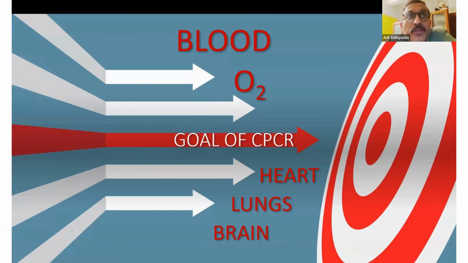Even if you do your CPCR very perfectly, there would be changes that occur in the neurons as early as 30 seconds. That is microscopic changes. And by around 1.5 to 2 minutes or up to 3 minutes, you would get hypoxic ischemic encephalopathy, from which the patient will find it very difficult to recover. So they would be in a comatose, vegetative state, minimally responsive state, and you might have to do a tracheostomy to wean them off, and they will be bed bound. So this is the importance of doing the CPCR at the right time with the highest quality.